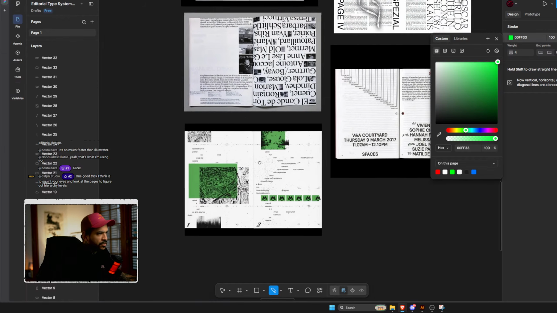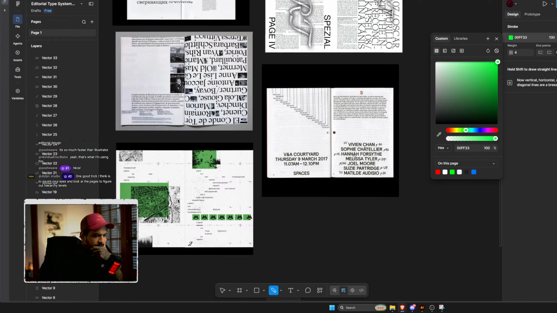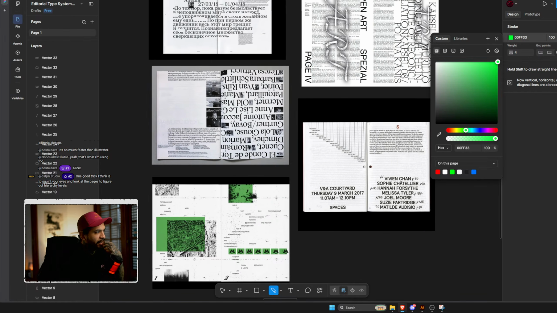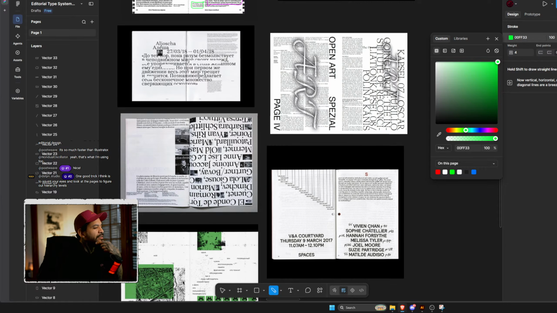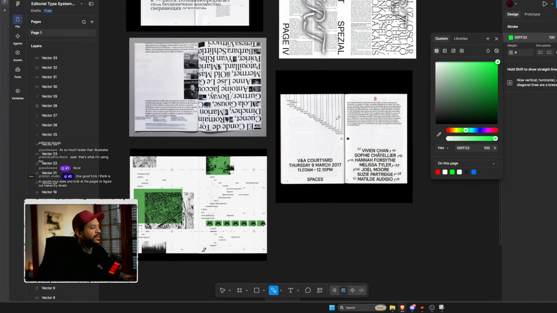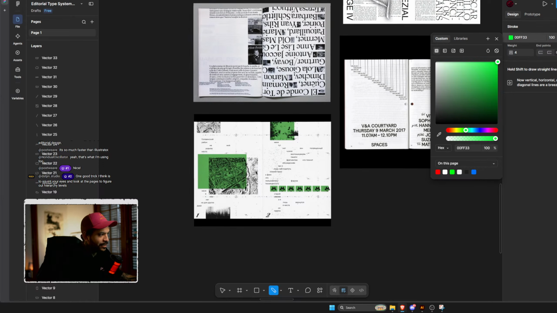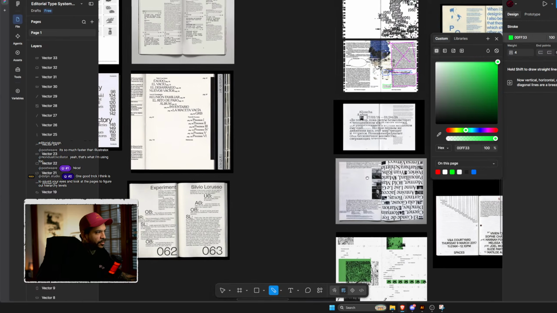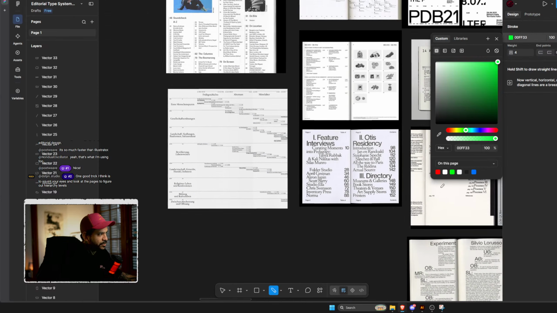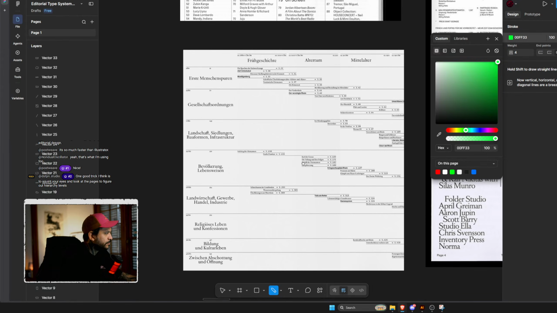Okay, first let's start. Yeah, that's a good trick. One good trick, I think, is to squint your eyes and look at the page to figure out the hierarchy level. You can squint your eyes and sort of see the stains, the blocks of ink, and you can start to map out where the important parts are, and try to look at it like an abstract stain to figure out the composition more the way you feel it, you know what I mean?